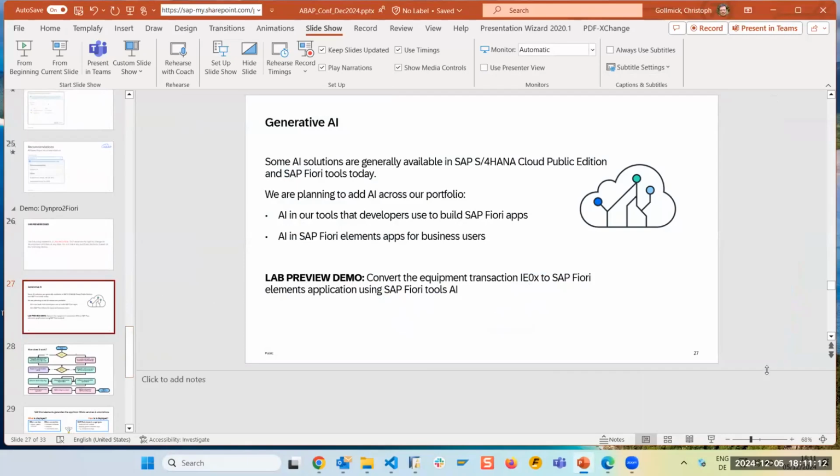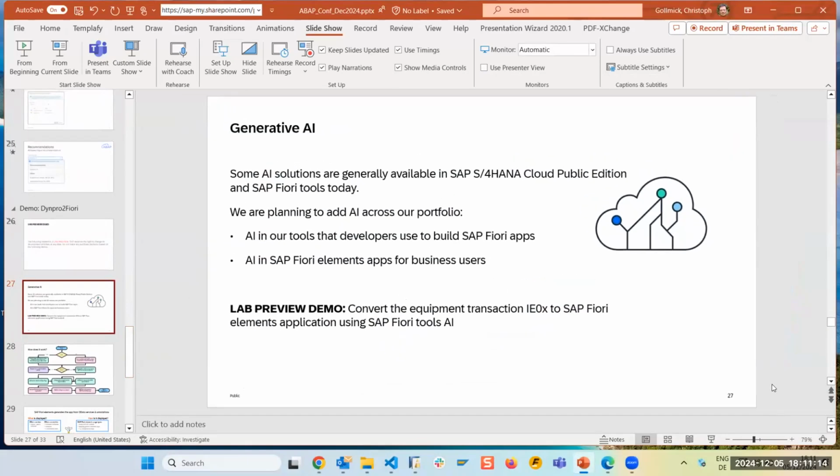Yeah, let's quickly talk about generative AI. We have already some solutions, some things you have already seen announced by Fabian. From SAP Fiori Tools, we have one capability already available for S/4HANA Cloud Edition, where you can input a text to an agent, and the text is then used to create a CAP application.